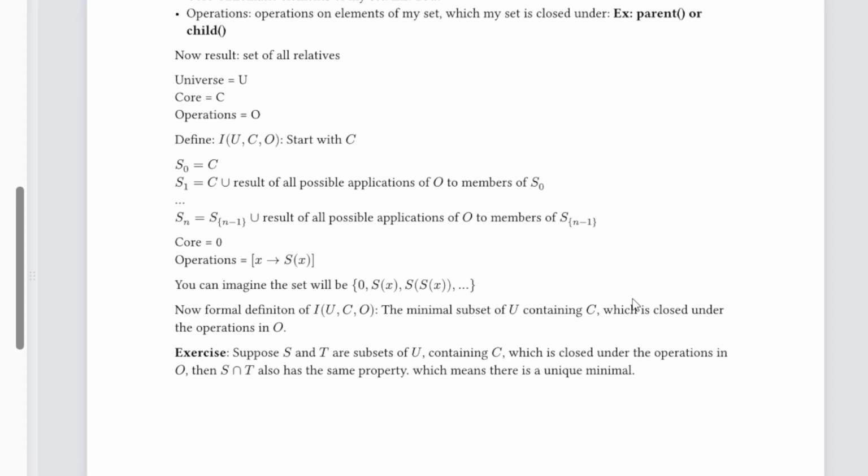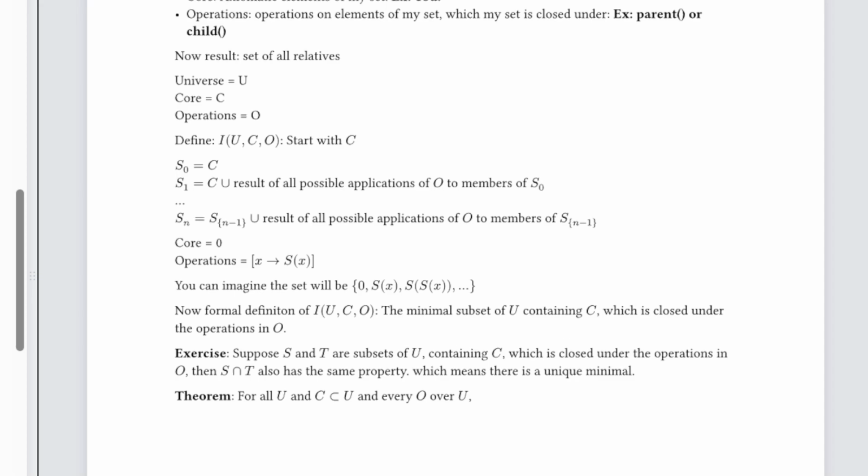Let's say theorem. For all U and C, subset of U, and every O over U, let's say, just for clarity, there exists